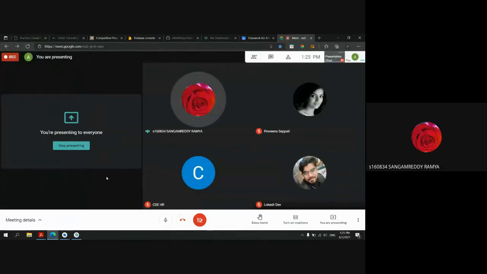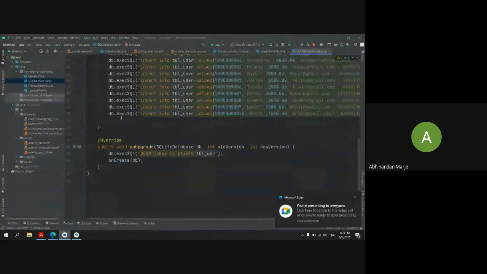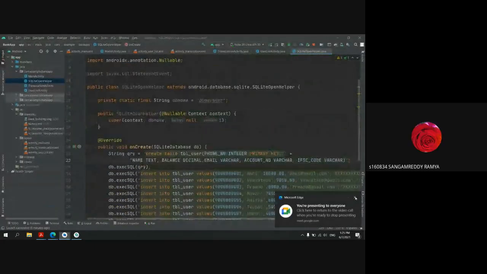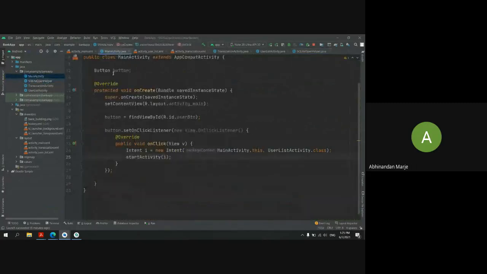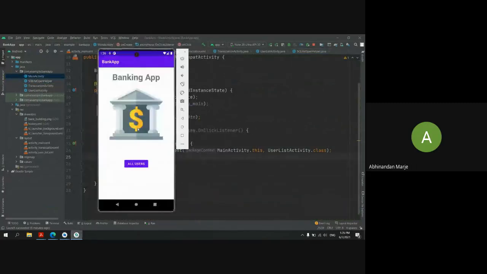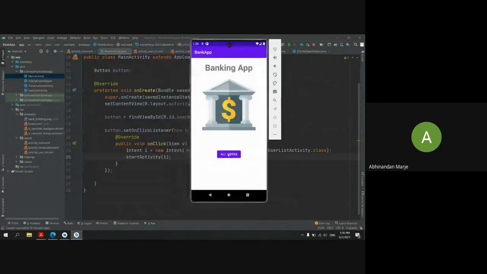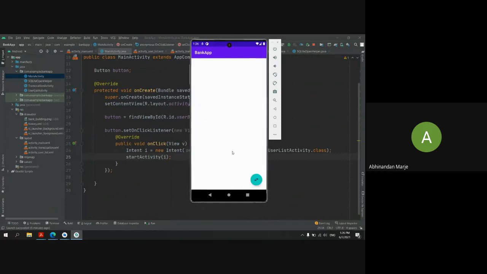Sir, can you explain again at once? From the starting, sir, just give me an overall clarity. First, I want some activities here. The first activity is the welcome screen. Then I want an activity where we will list our users.